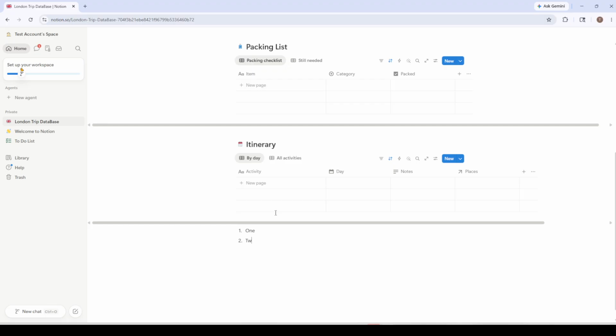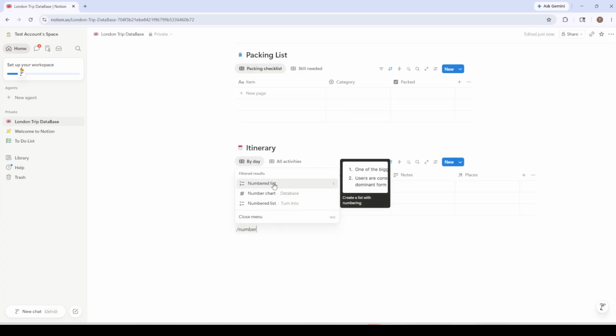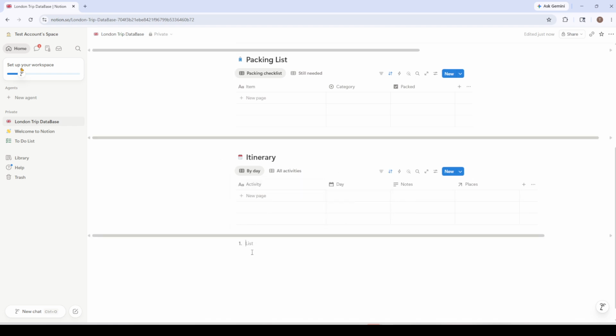Another easy option is to use the slash command, which is great if you prefer searching for blocks. On an empty line, type / followed by the word number. You'll see a small menu pop up with a list of block types. Choose Numbered List from that menu using your mouse or the arrow keys and Enter. Notion will switch the block into a numbered list immediately, so you can begin typing your first item right away. Just like before, pressing Enter adds the next line with the next number, so you can keep your thoughts flowing